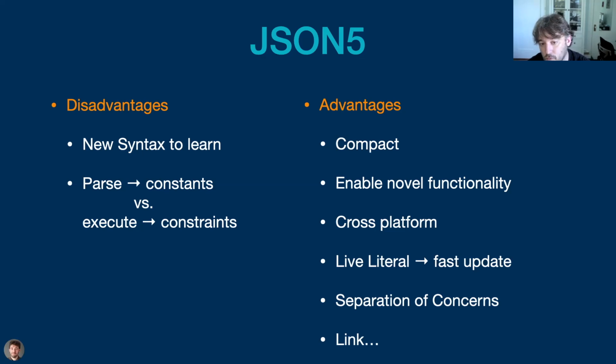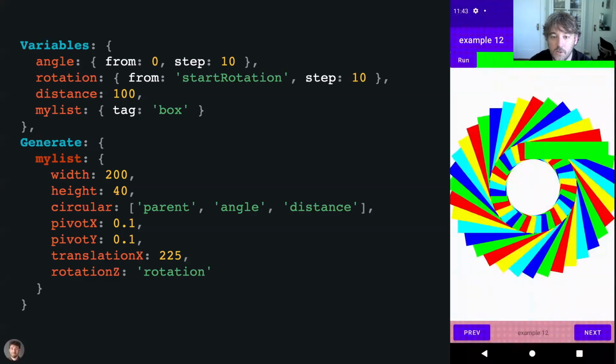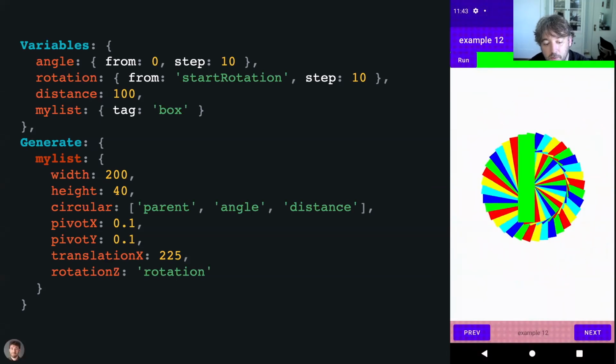Live literals also work if you have a physical device connected to Studio. And finally, it's a nice way of doing a separation of concerns as well. And there is something more that we'll talk about with something called Link. So just to give you an idea on the type of